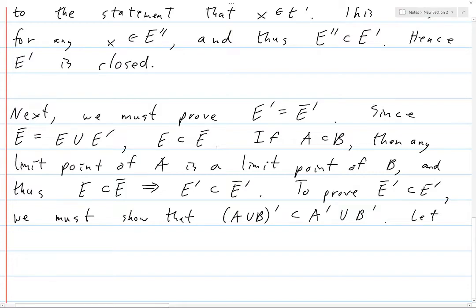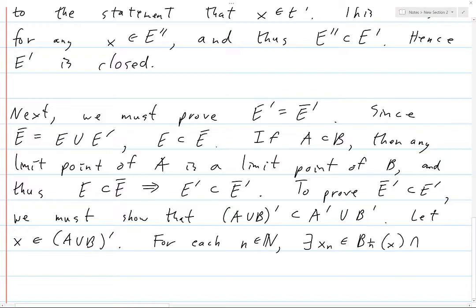So let x be an element of (A union B)'. We want to show that x is in A' union B', or that x is either in A' or in B'. Okay, so let x be a limit point of this union. For each natural number n, there exists an element x_n, which is contained in the ball of radius 1 over n centered at x, and is also contained in